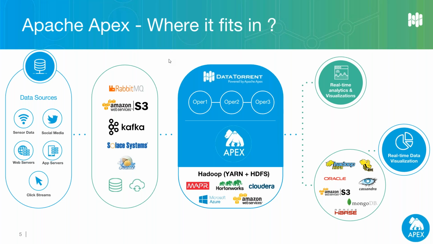So in Apache Apex, you write an application, and each application is made up of operators. As in the slide, you can see there are these three circles labeled operator 1, 2, and 3. So these are the building blocks, and each operator is deployed on a container in Yarn. So Apex is a streaming application, and it is deployed on Yarn. So basically, each operator is deployed on a separate container,